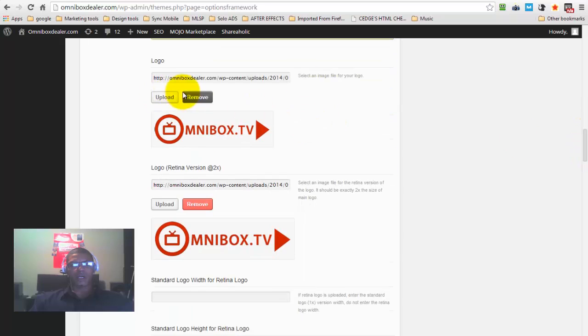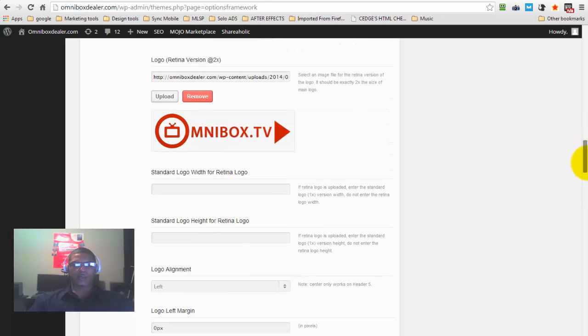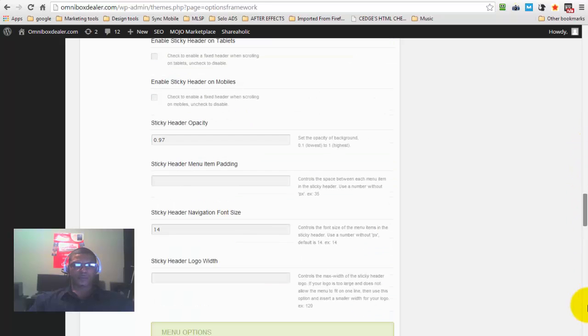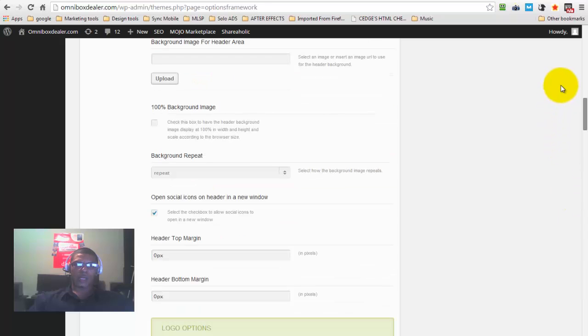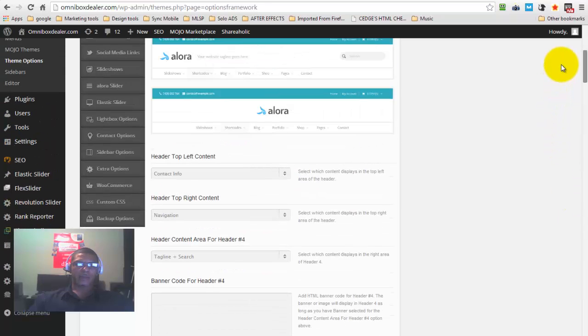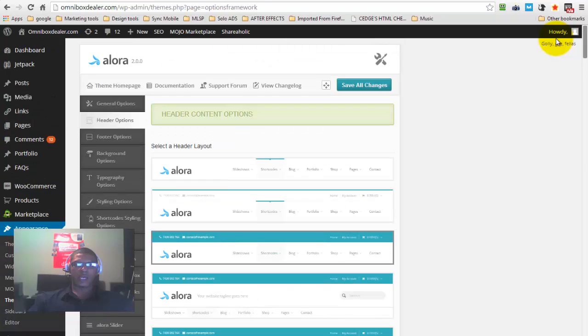Next you have your logo. Okay. So it's pretty self-explanatory. Just upload your logo. You want to have it with a white background or a transparent background. And then you need to upload a logo that is 2 times the size of your main logo, for different viewing. And there's a couple other options here for you as well. Okay, so once you've done that, you're going to make sure that you go and hit save. Okay, once you saved it,